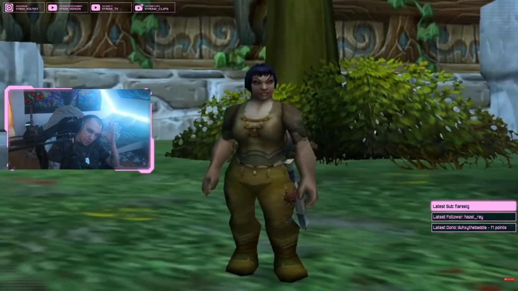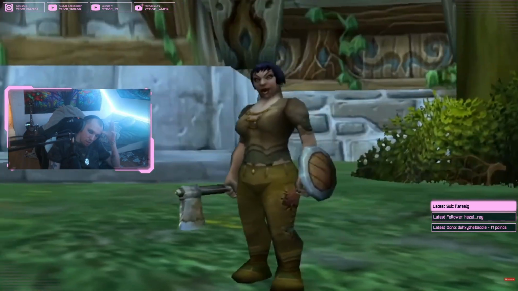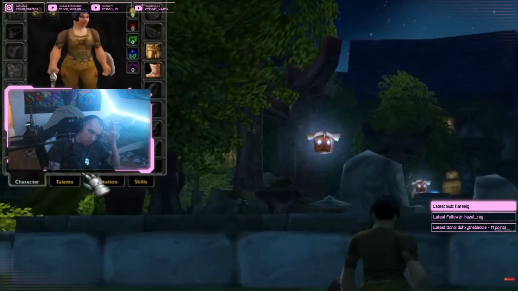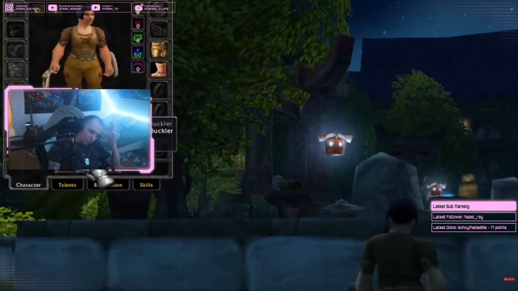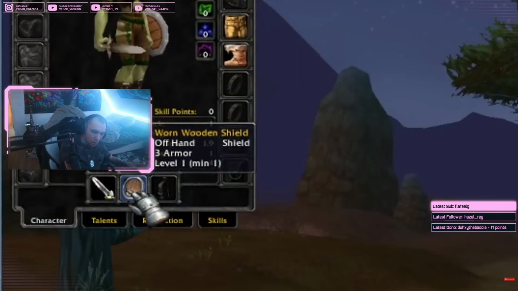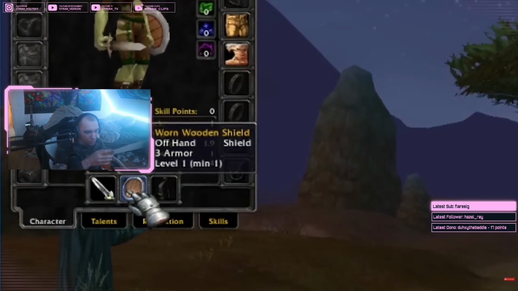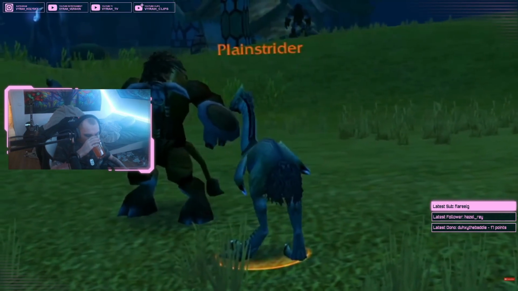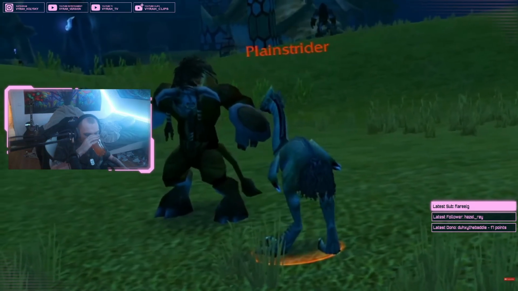But that's not the only difference. The class saw many changes throughout its development. Some of you may know that along with rogues, they could actually use bucklers. In the alpha, there were two shield types, shields and bucklers, where the latter was a more lightweight version having less armor and block, giving these two classes a more defensive feel.